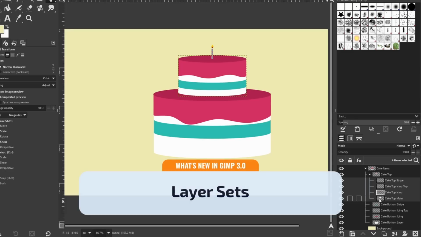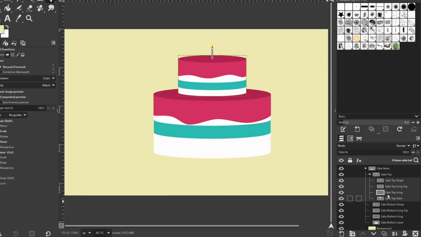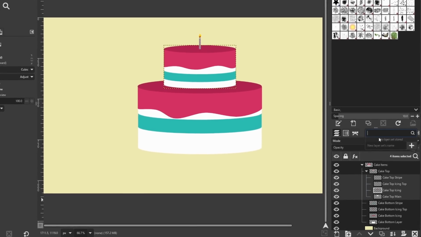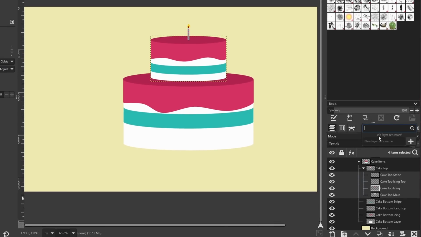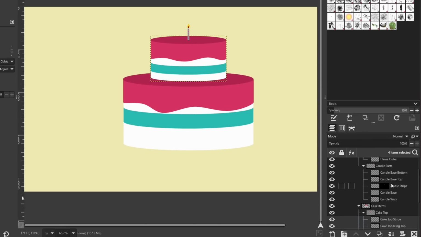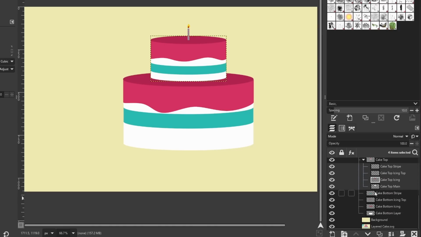So another multi-layer selection feature is that you now have something called layer sets. This feature can be accessed by clicking the little search box icon here. And right now you'll see I don't have any layer sets stored. It says no layer sets stored, but I can create new layer sets here. And what I have to do for this is I have to select the layers I want to add to a layer set. So for example, let's say we want all the layers that have cake in them to be